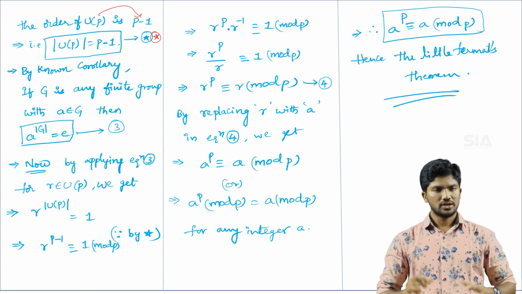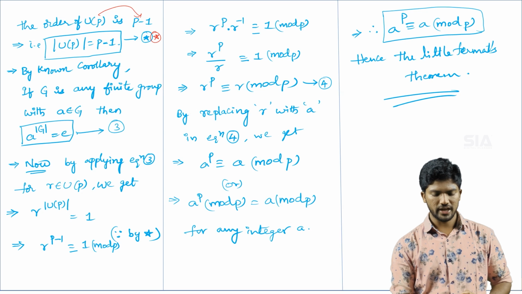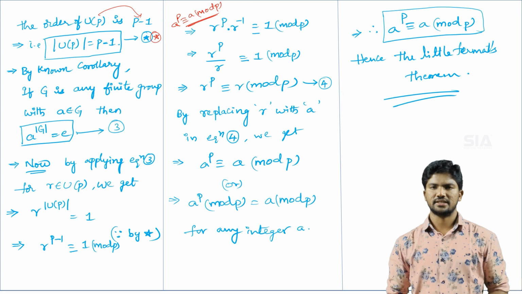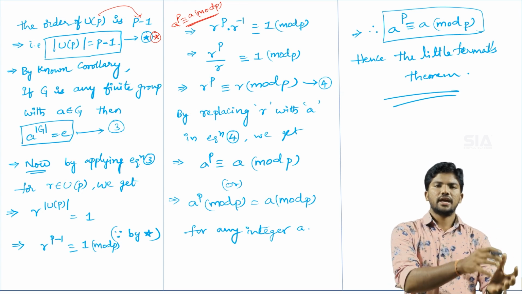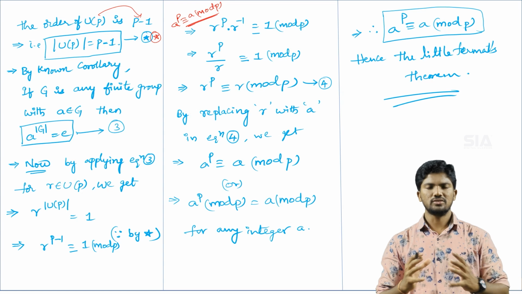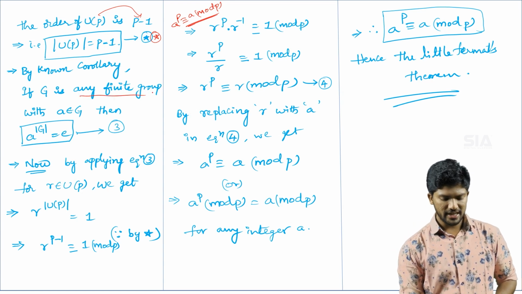Okay, now to get the required condition, what we have to get? a power p congruent to a modulo p. We have to get this condition. To get this condition, now I am taking one property, that is by noun corollary, or you can write by noun theorem. If capital G is any finite group